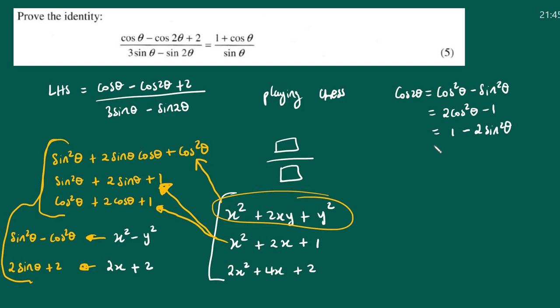You see, but sine 2 theta is much easier. Sine 2 theta, that one is for sure. It will always be this one. It does not change. It will always be 2 sine theta cos theta. No problem. Only one, then we are done. But the cos 2 theta, it's